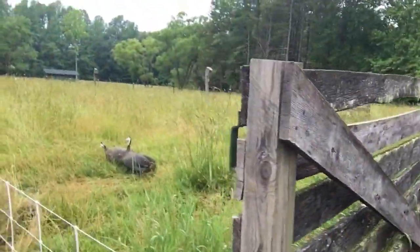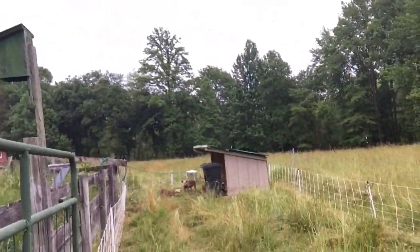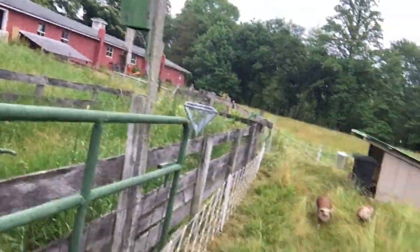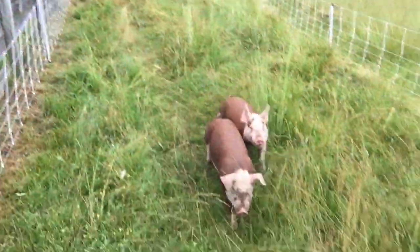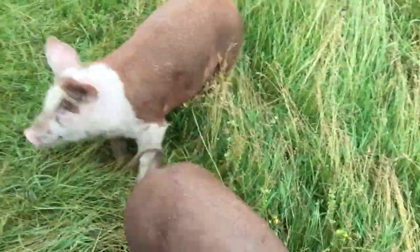All right, here we go. We got this guy. Here's the guineas. Hey guys. All right, piggies. They didn't hear me coming, so they freaked. All right, so you can see it just bends right around here. Hey, I didn't bring food this time. I'm sorry. Anyway,